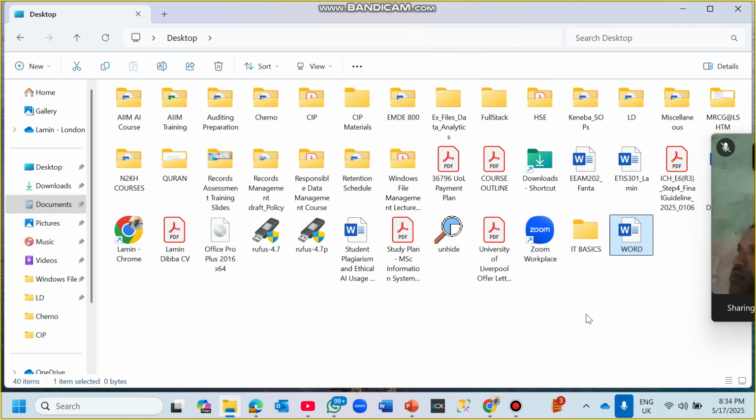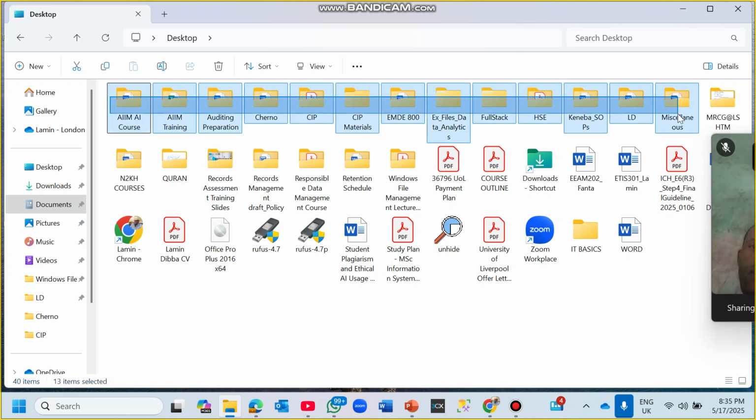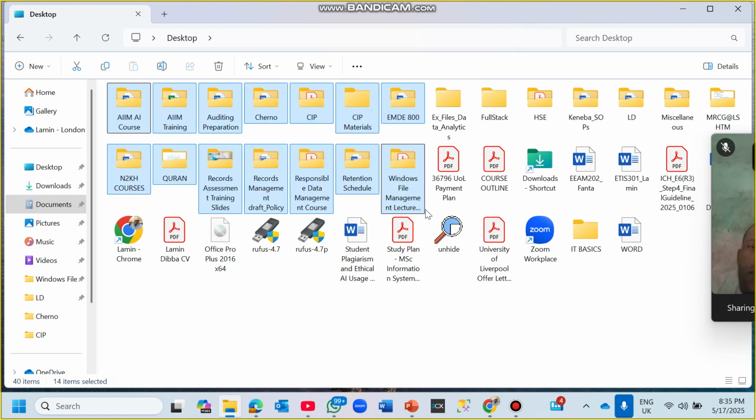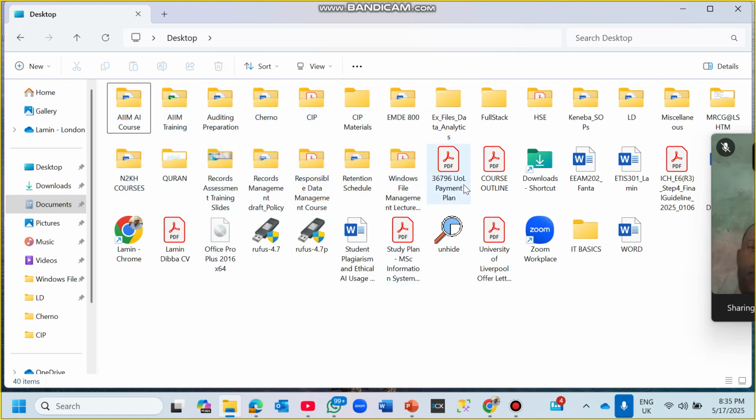So that name has also been changed. Okay, so now, in practice, when it comes to practical document management, this one is not very good practice. You cannot have files scattered all over the desktop. So you need to sort of organize them into folders. So like for me, you can see I am trying to implement that here on my computer. Even though sometimes for some files, for one reason or the other, I just have them scattered like this, but this is not good practice. So you should always try to